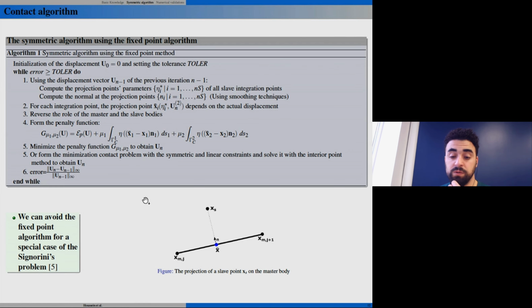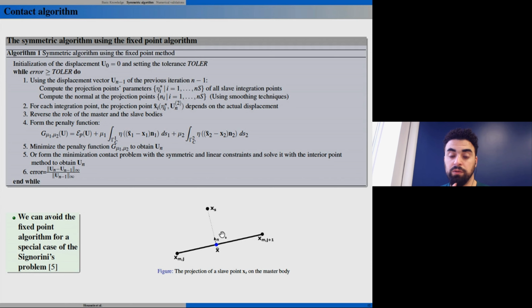For example, here we will use the previous iteration in order to find, for each integration point XS on the contact area of the first body, the closest segment of the second body to XS, and also we will compute the position of X bar, the projection of XS on the second body. We use the previous iteration in order to compute the position of X bar on the closest segment of XS, and we will use these quantities